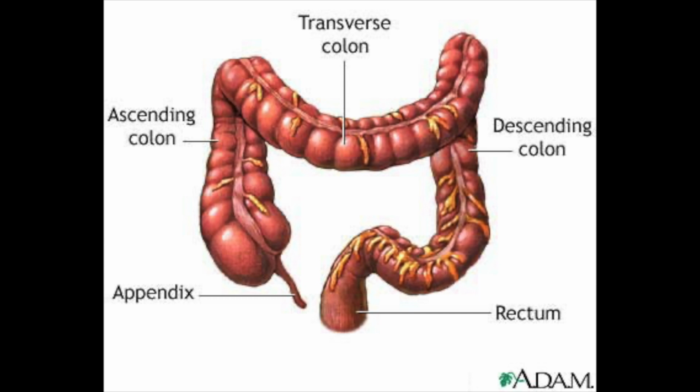Unlike other organs in the digestive system, the large intestine produces hormones instead of enzymes, which are gastrin, secretin, CCK, and GIP. The large intestine uses mechanical digestion to eliminate feces.